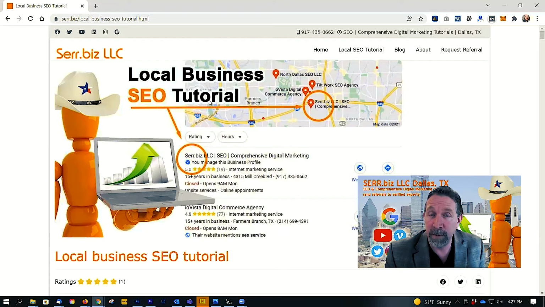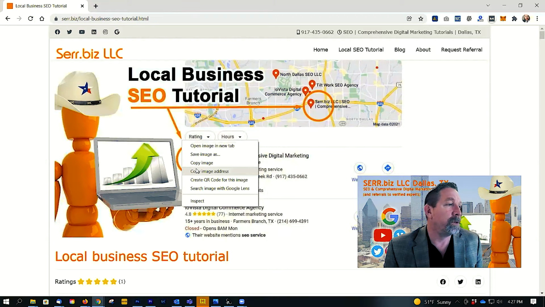Google, even though they've gotten much better and there's AI now and so forth, still has difficulty parsing what an image is, what's inside of it. Of course, that's why we use alt tags and schema markup, etc., to help Google know what it is, but it can't actually read what's in this image. Let's just take a look real quick at how we help Google understand what this is about.